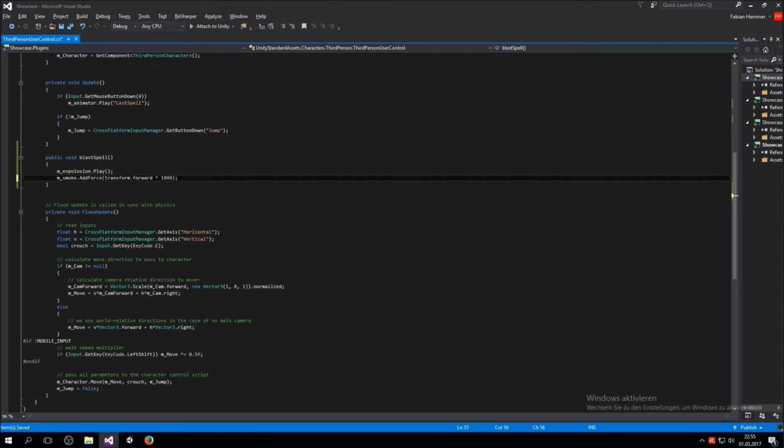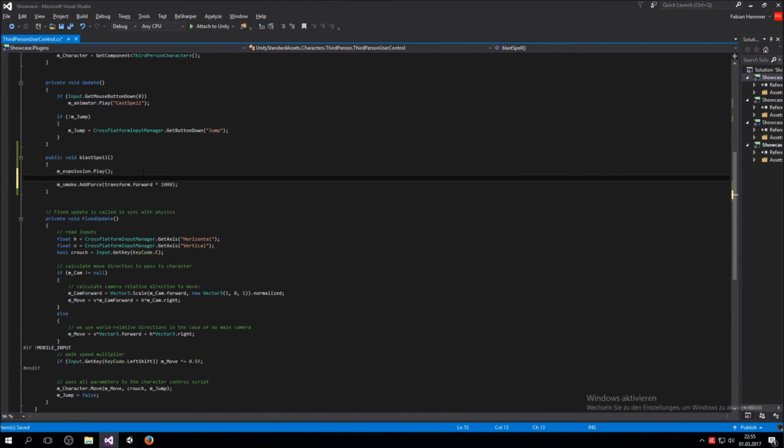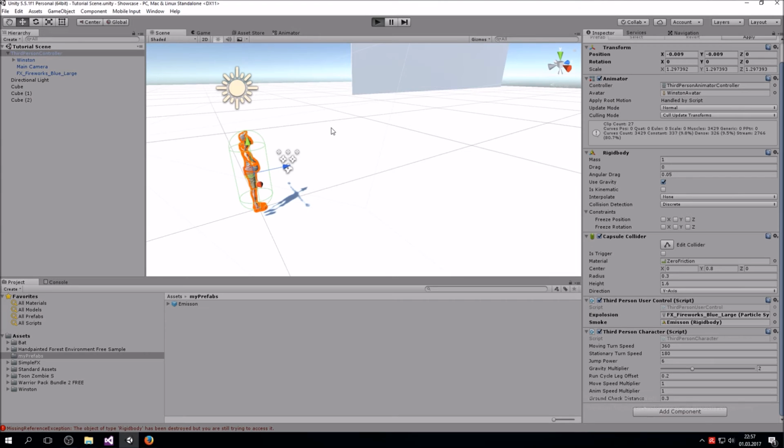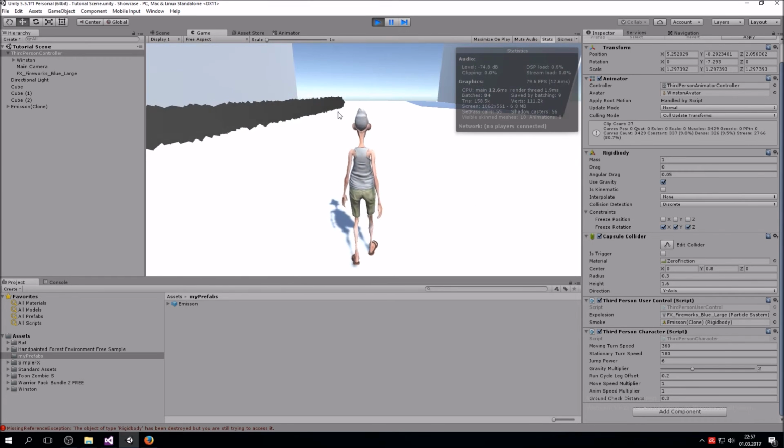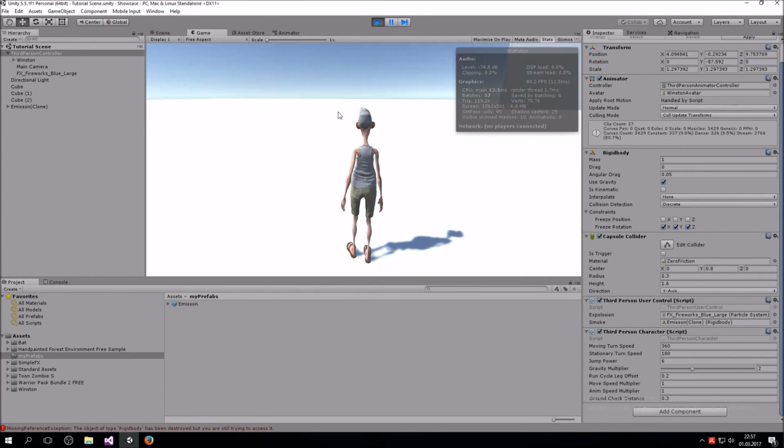So let's go back into the code, and right here after the instantiation we're going to say instantiate, and then we are going to call the smoke object, and we're going to say smoke, and then we just instantiate it, put it in there, add force to it. Let's look at how it would look. And as you can see, he's now casting that spell. However, we can't instantiate a new one,